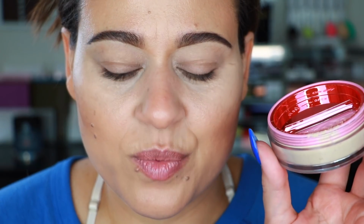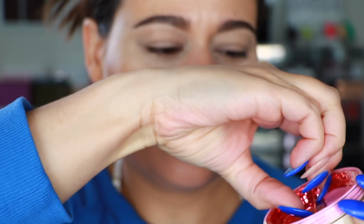So here's the packaging of the setting powder. I elected to pick mine up in the shade beige. I have a lot of translucent powders already, and I wanted to take advantage of this powder coming in different shades. I thought beige would be the best suitable for my skin tone. If you can see this, the container does have a sifter which you can shift open or close by turning. So if I turn it this way, then the sifter is closed, and I put a little bit of the